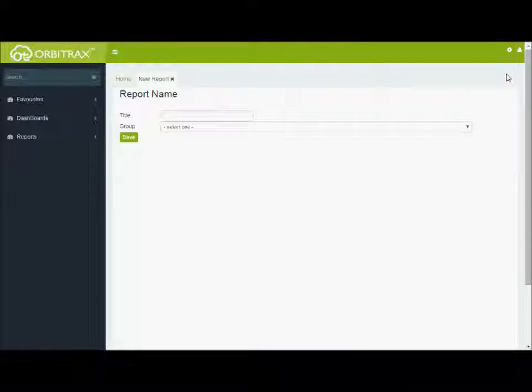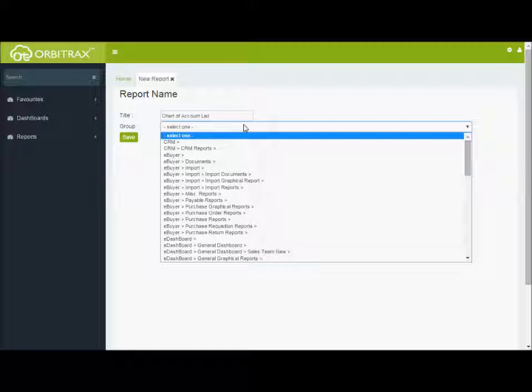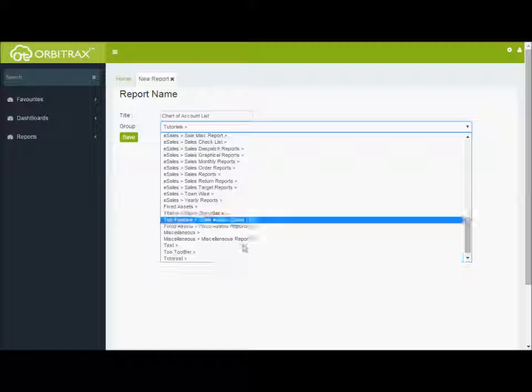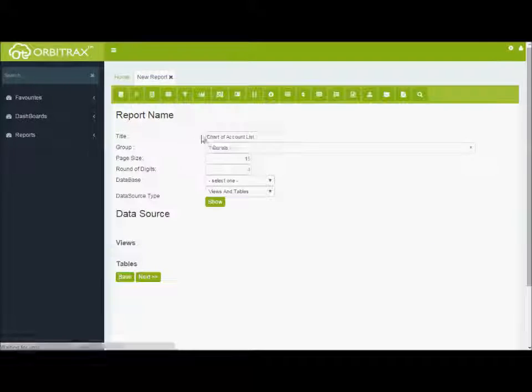Click on the New Report tab. Give your report a suitable title like Chart of Account List and select Report Group. Then click on the Save button. The report has been created and a new form is displayed on screen containing all the features and functionalities for designing